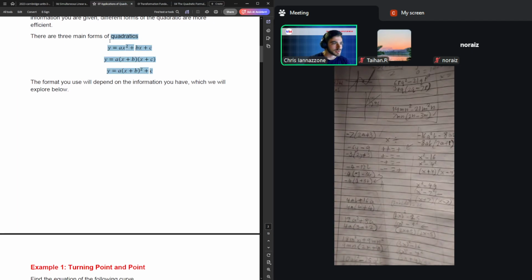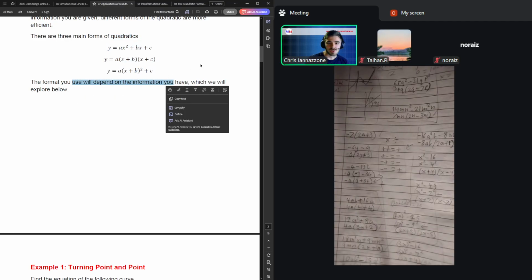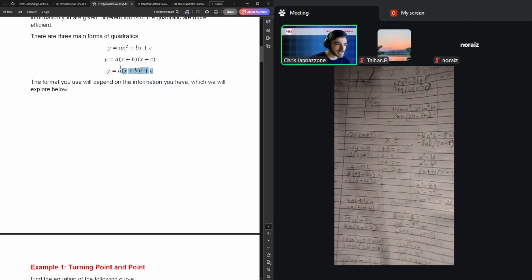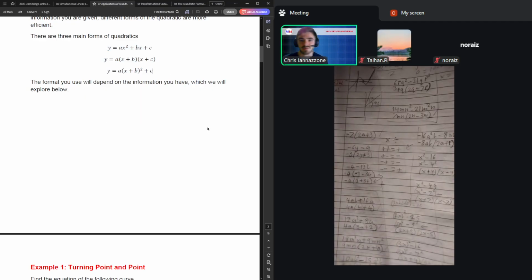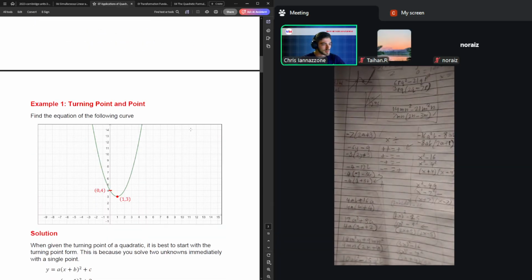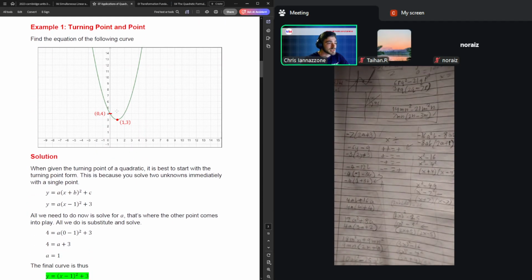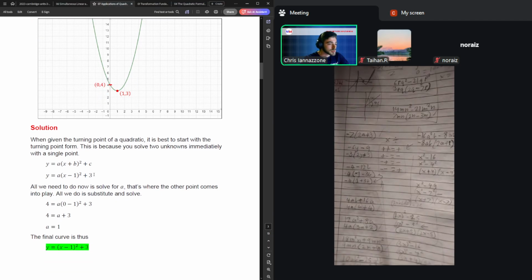Now, you'll be able to use any one of these dependent on what information you have provided to you. Technically, you can use any of them for any question, but you'll quickly realize that some are going to be a lot easier to use than others, depending on what you're provided. Like, for instance, if you have a turning point and a point, it's best that you would use the turning point form. And the reason why is because you can look at your turning point and very quickly realize, okay,